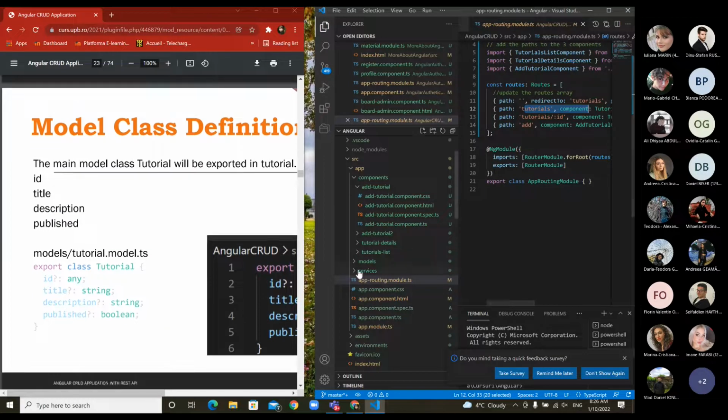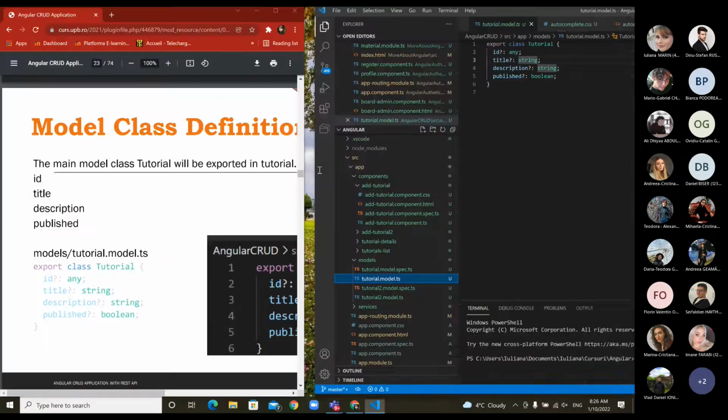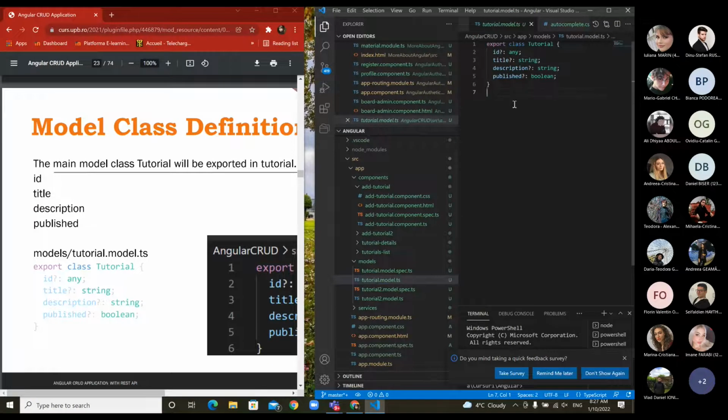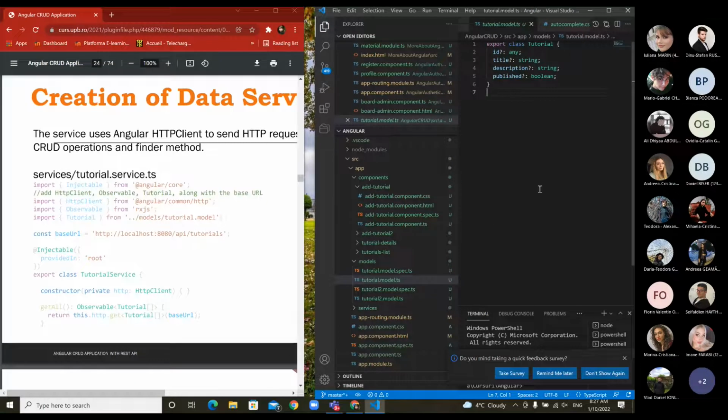And now it is the fact that I need to use a simple model. The model will be this tutorial, and inside tutorial, each and every instance that I store is characterized by an ID. I've got the title, I've got a description, and whether or not it is published. So these are the attributes of your tutorial. Then I want to have the service for it. So you've seen it as existing over here. I have the tutorial, and inside tutorial,